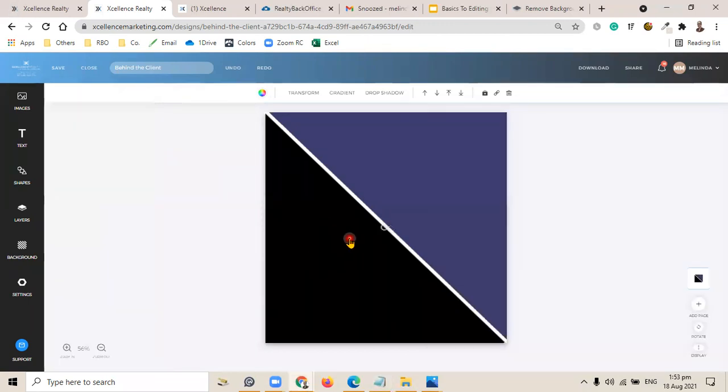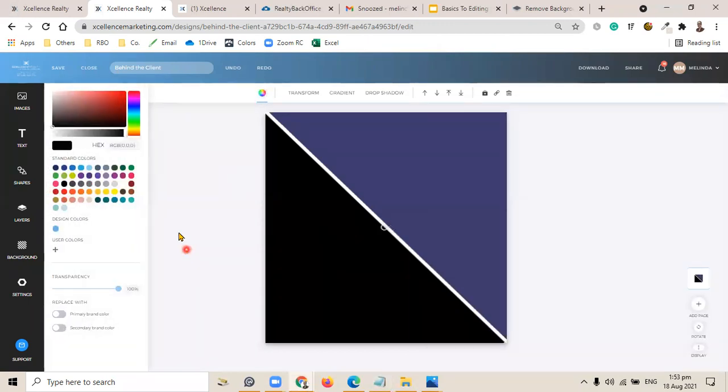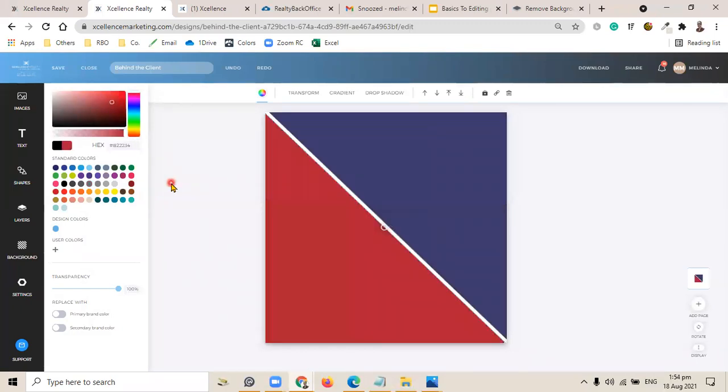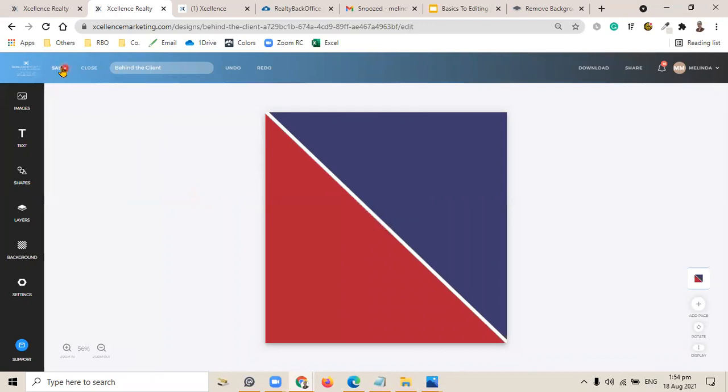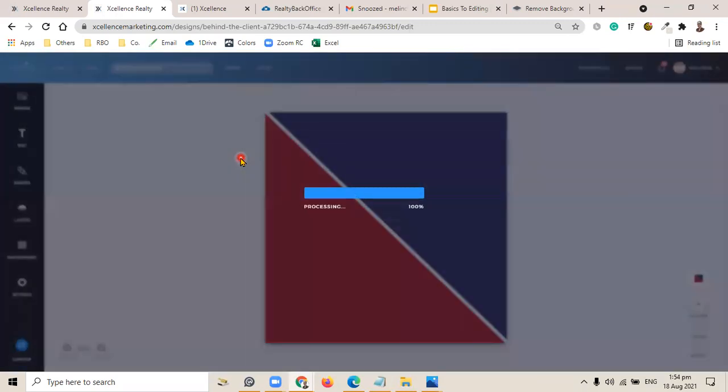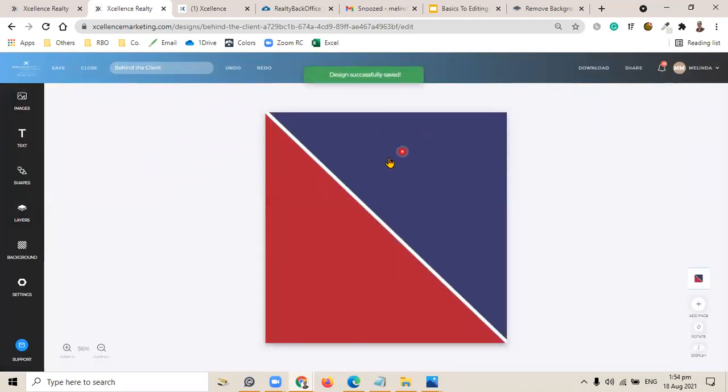Select this triangle. Go to the color panel. Delete this hex code, and paste it there. All right, perfect. So let me go ahead and save it. All right, so now the next thing that we're going to do is we're going to fill this whole square